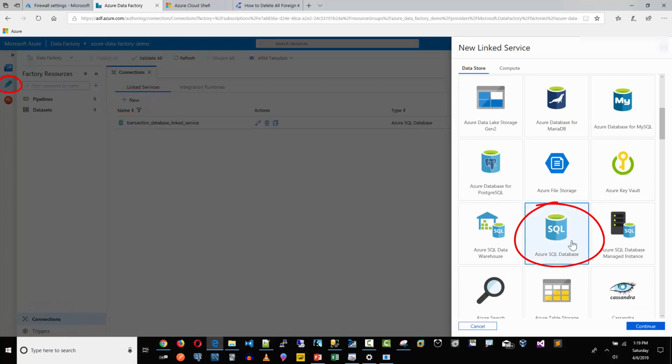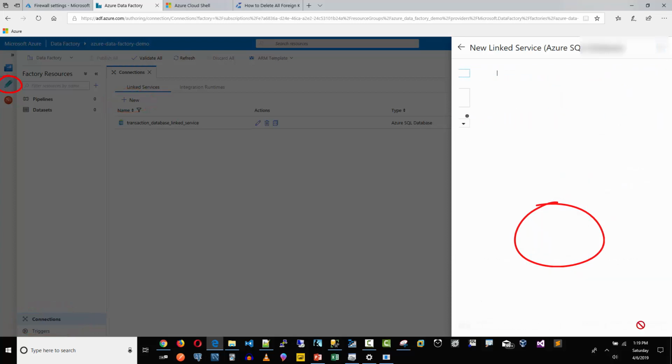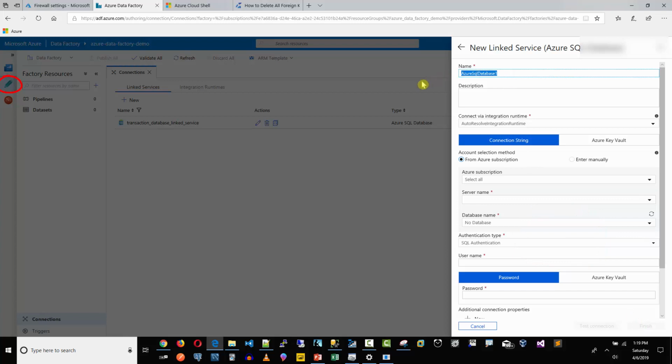And you want to go to Azure SQL Database. Okay. Now, so we're doing a new linked service for Azure SQL Database, but this one we're going to call Data Warehouse Database Linked Service. Okay. Now we're getting to the part where the reason why we needed to open the firewall,